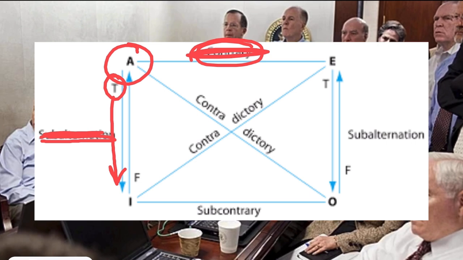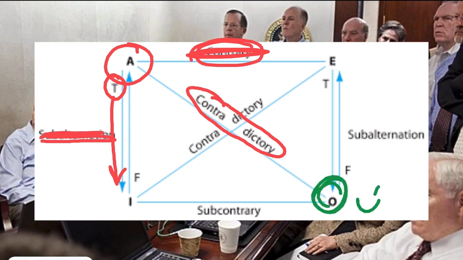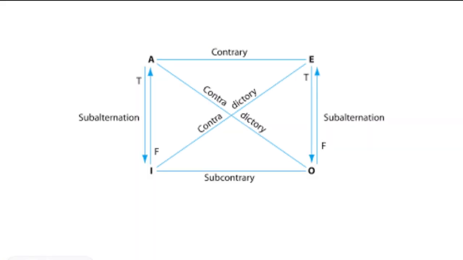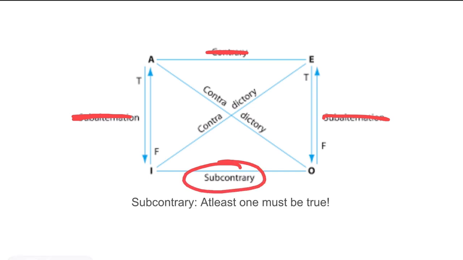But hold on. If A is false, contradictory, thus making O true. Thus making O true. All right. Crisis averted. Obama, don't be scared. Moving on. So we have already covered subalternation, contrary. So what is this? The subcontrary relationship between the I and the O statements